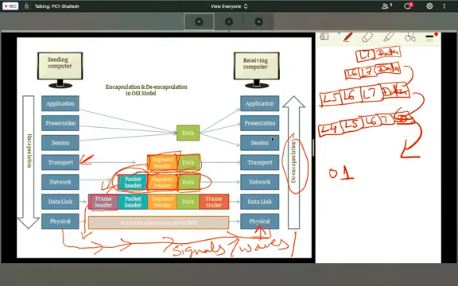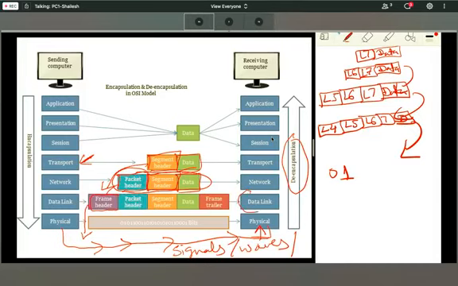Correct? So now, from the data link layer on your right hand side, every layer will check the header associated with that only. For example, if you are going towards your office, your security guard will not check the data whatever you have in your laptop. Correct? He will only check the access card or ID card. Great.